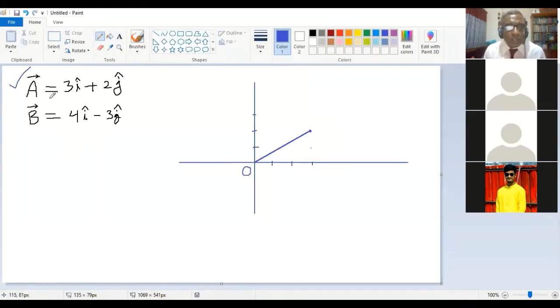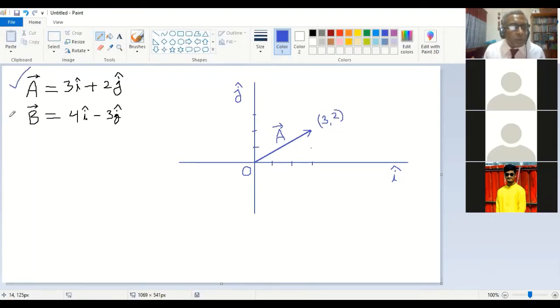So in this example, it is 3i 2j, and we must have one arrow mark. So 3i means I direction means the horizontal direction, and j direction means the vertical direction. So if you think about geometry, you can write this point as 3, 2. That is also possible. Like geometry, the point is 3, 2, and the vector is a, that is a line, and that line starts from O and it is coming to this point. Okay, so this is the situation.